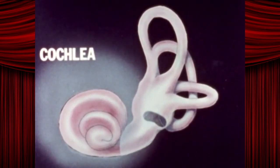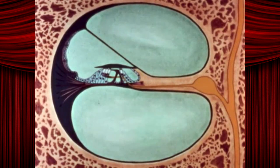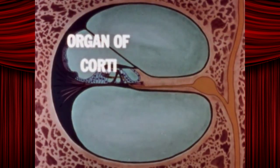Fluid in the cochlea is set into action by stirrup motion. What's that, sparkle motion? The organ of Corti responds to this fluid movement and sends nerve impulses indicating sounds or